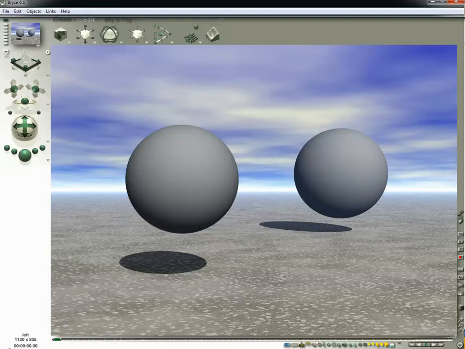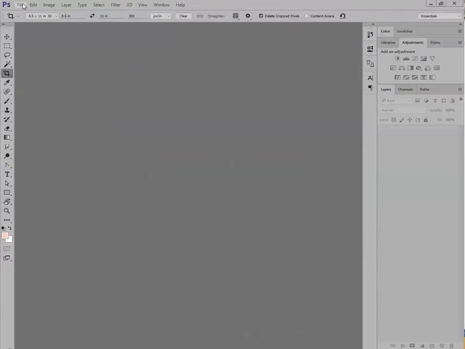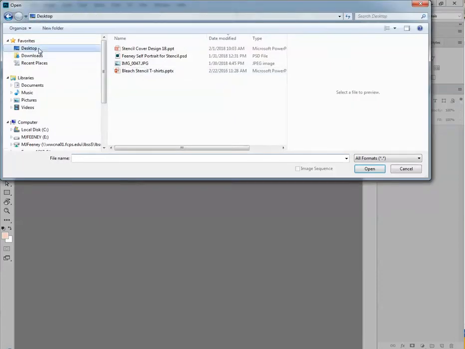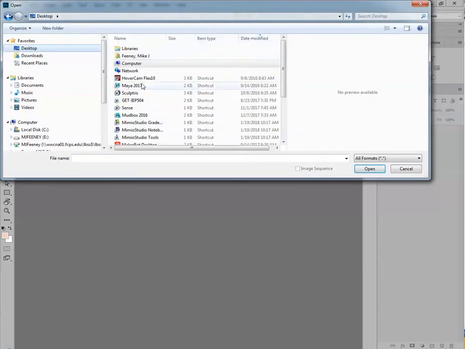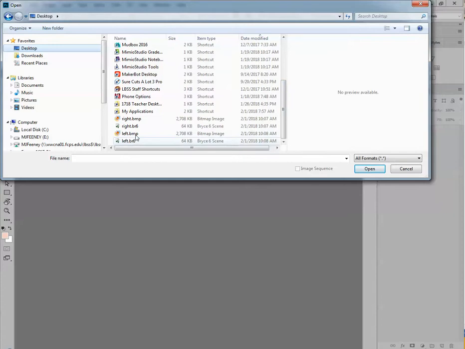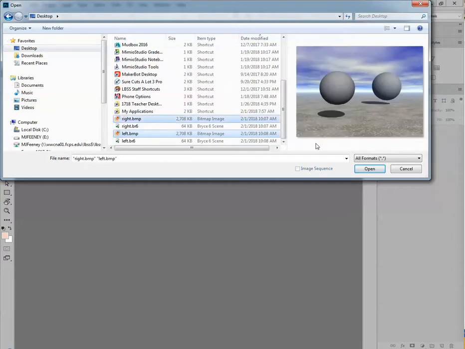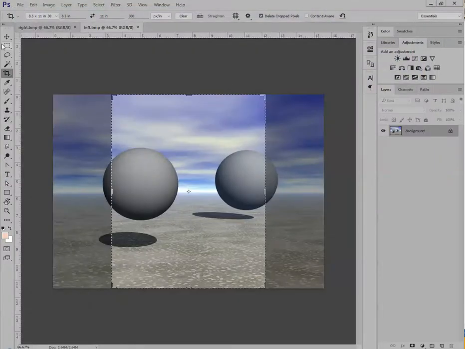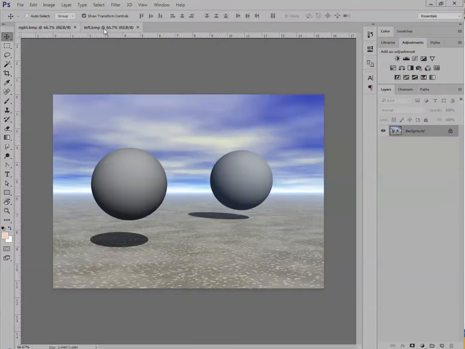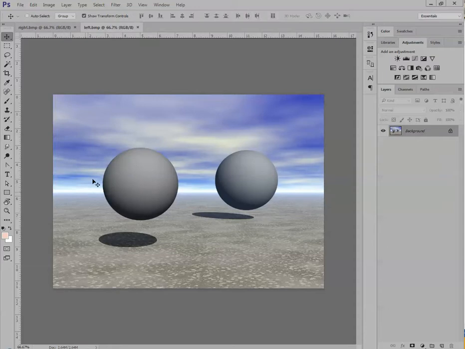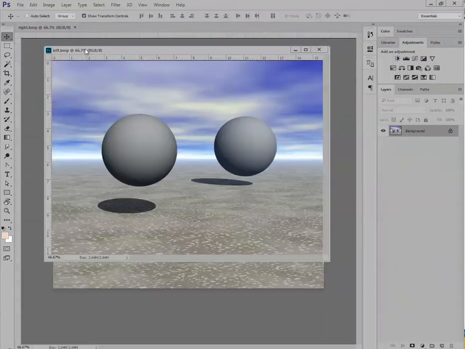All right, now I'm going to open up Photoshop. I'm going to open up those two files. Okay, open up left and right, the two BMPs. I'm going to hold Control, click both of those because I can click them both in order, open them, and then here's the thing. I want to put the left on top of the right. So I'm going to dislodge the tab for the left, grab the layer, click and drag the layer over here,